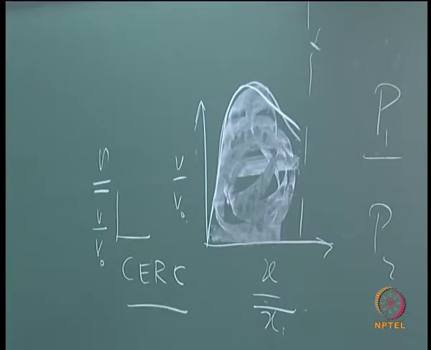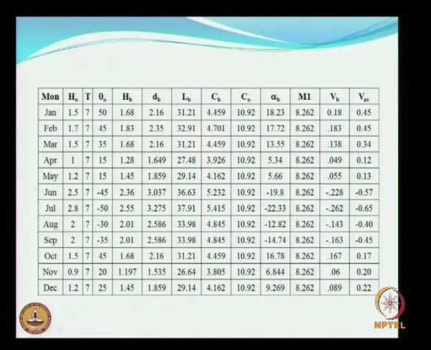That is only a sample calculation which I have presented. Now this figure, this table shows every month, January to December, for a particular location. All this h naught and theta naught is supposed to be your input data, available data, for which you are supposed to calculate these two parameters, that is the velocity at the breaker zone and the average velocity. You calculate with the same procedure.